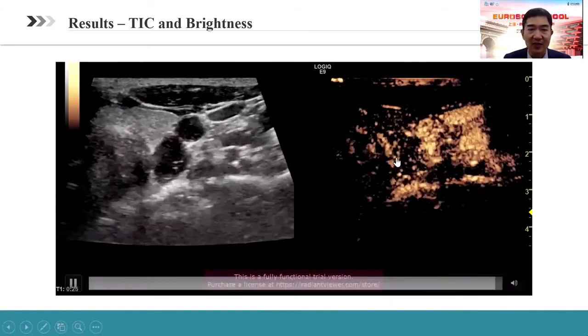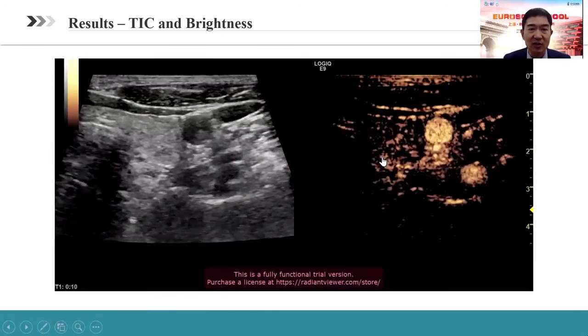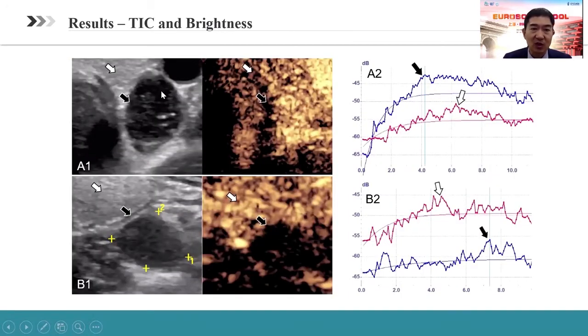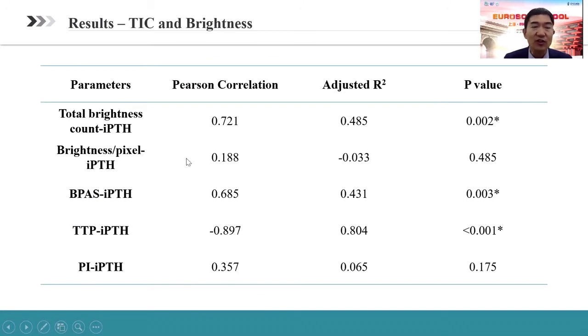After the CEUS, the TIC was established. Because we can see this nodule obviously has hyper-enhancement in the arterial phase, so the PI is obviously higher than that of thyroid tissue. And this nodule has low hyper-enhancement in the arterial phase, so the PI is obviously lower than that in thyroid tissue. And according to the results of statistics,